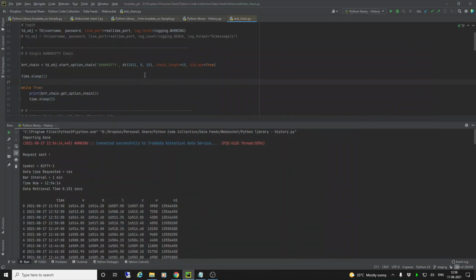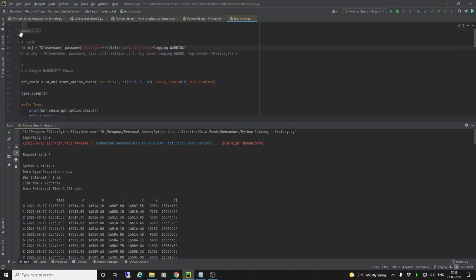So let us start here with the logging level of warning. I'm just using this opportunity to tell you about warning also. In fact, I'll start with warning, and we'll see a single Bank Nifty chain. I've used a username, password, and I put the real-time port. You can see what all is imported.